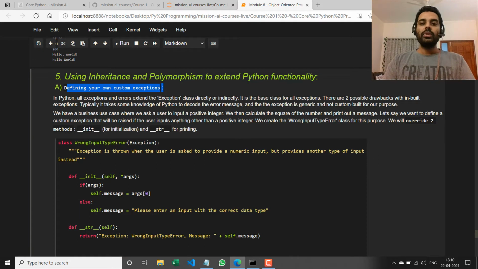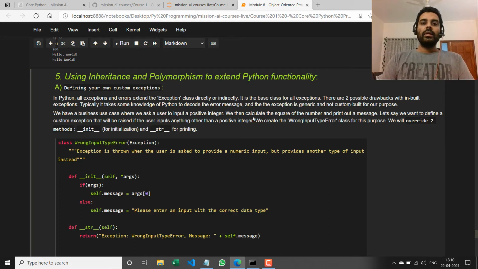Now, what I told you is every exception inherits from the exception class. So exception is like the base class for all types of errors, including indentation, syntax, value error, type error, zero division, name error, all these things, right? It's the base class for all exceptions. Now, there are two possible drawbacks with these inbuilt exceptions, right?